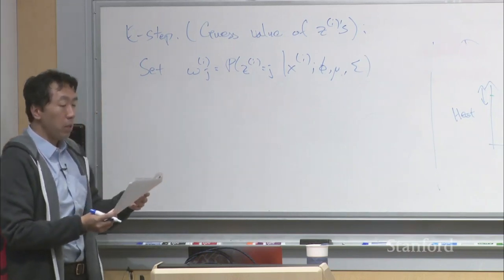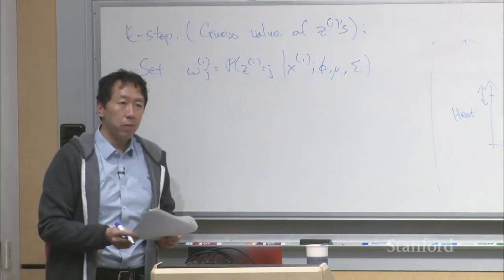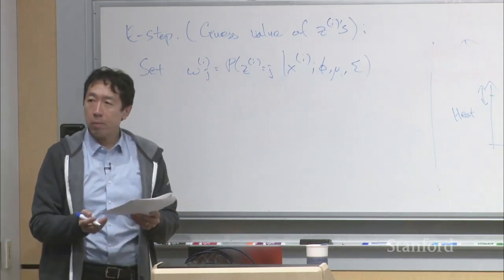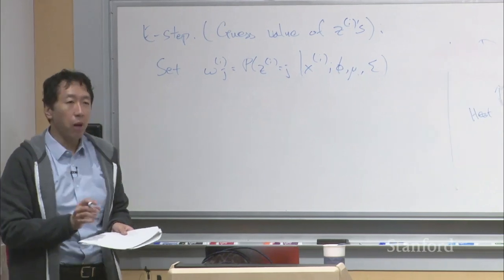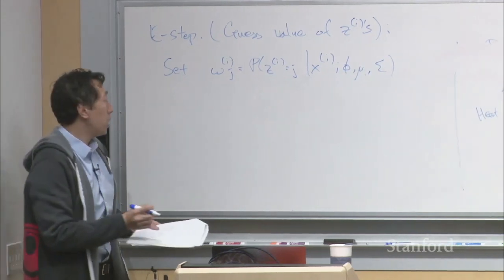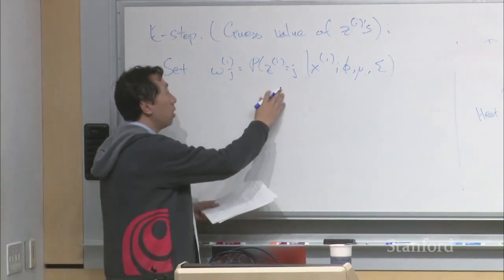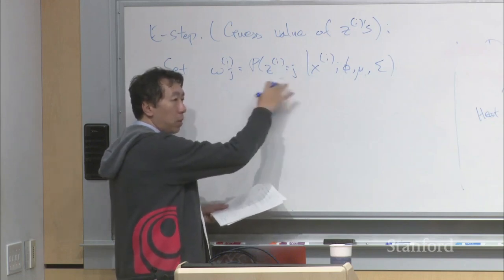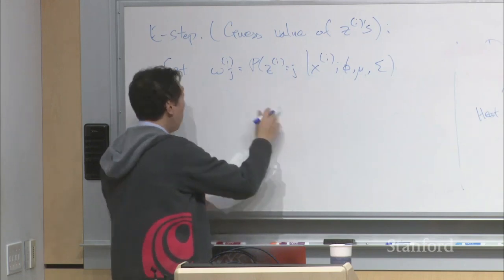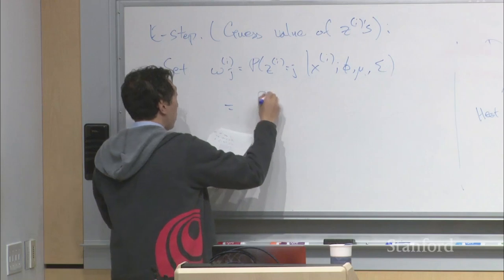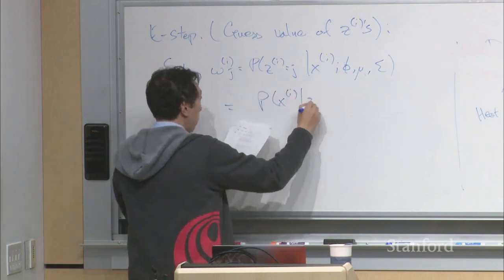Given all the parameters. And much as we did with generative learning algorithms, with generative learning algorithms we use Bayes' rule to estimate the probability of y given x. And so to compute this, you use a similar Bayes' rule type of calculation. And so this would be